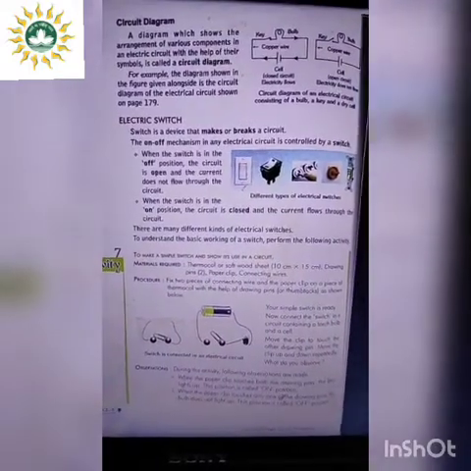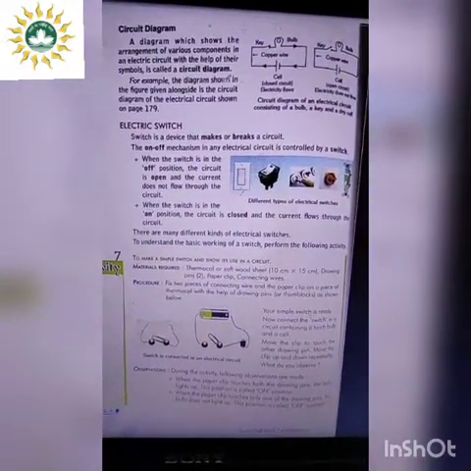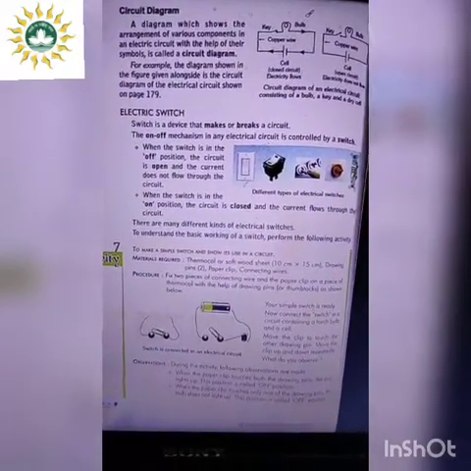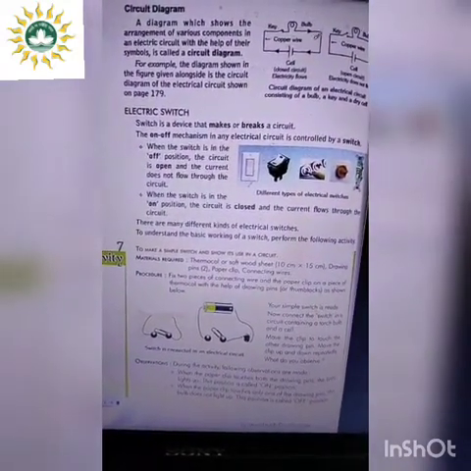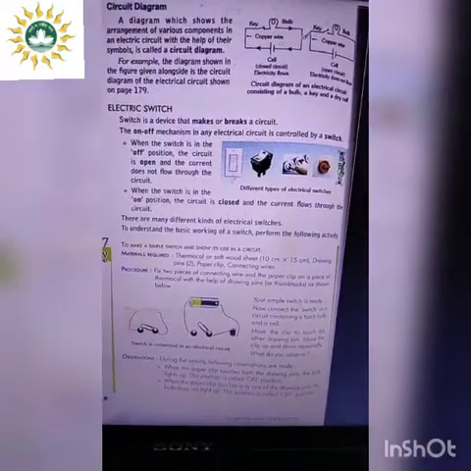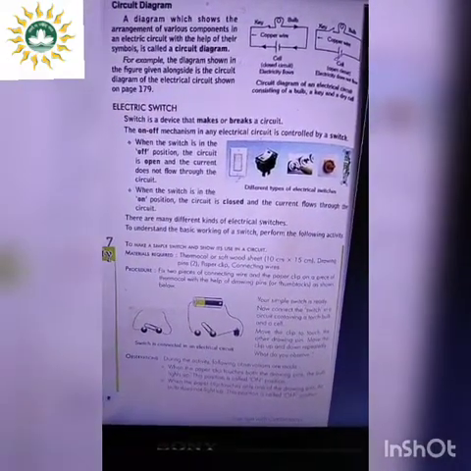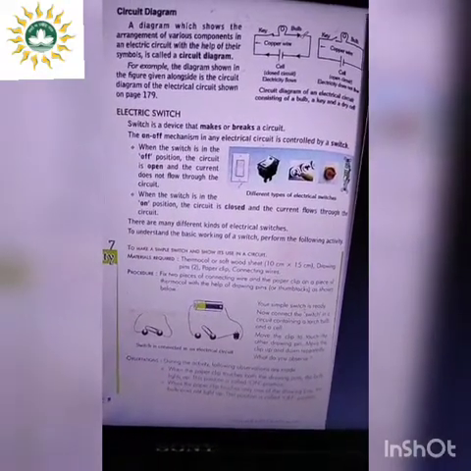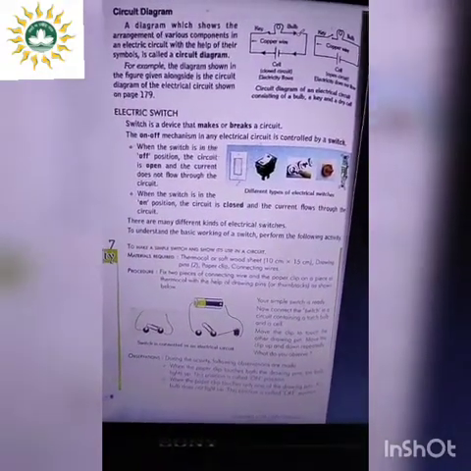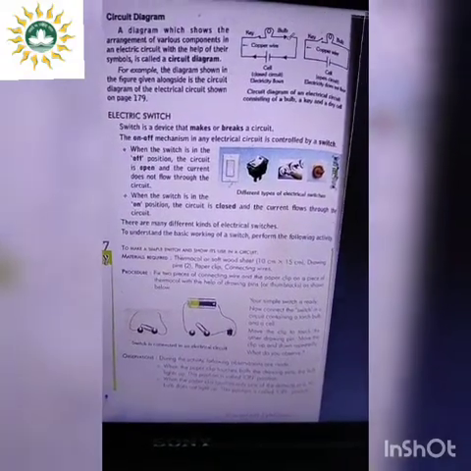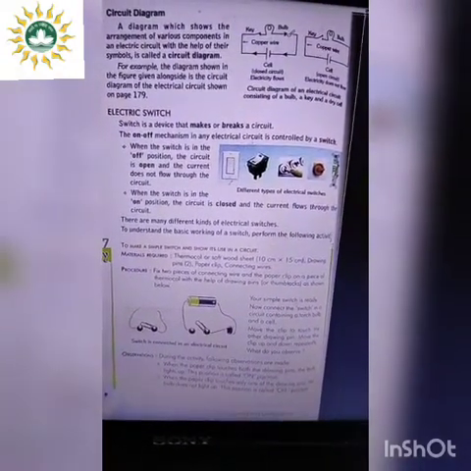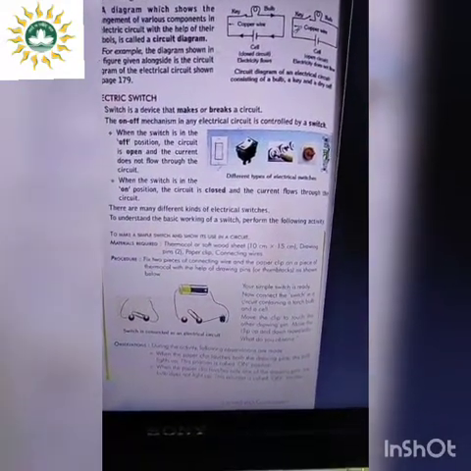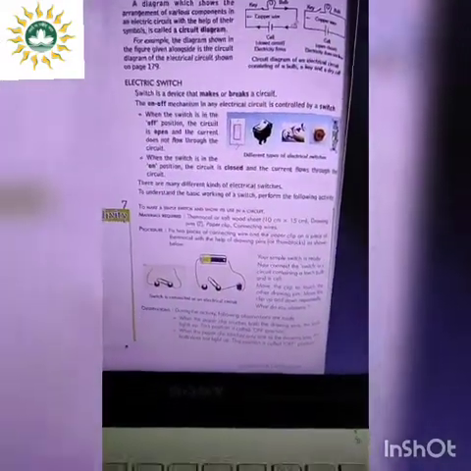So if I tell you to draw a circuit diagram, then you will have to remember that you have to use the various symbols, and then form an arrangement of various components of an electrical circuit, okay, this is closed circuit and this is open circuit, using all the symbols which we have learned, so that will denote a circuit diagram. So in your questions or exams, it can come that draw an electric circuit diagram showing closed circuit. So you have to make a drawing from here.